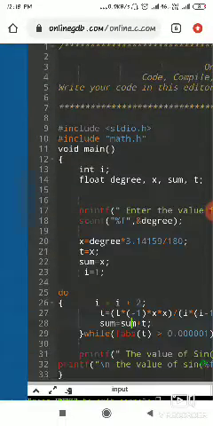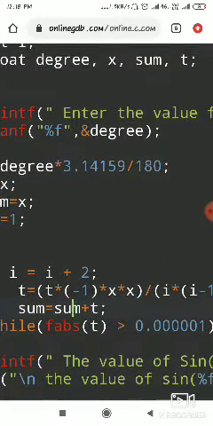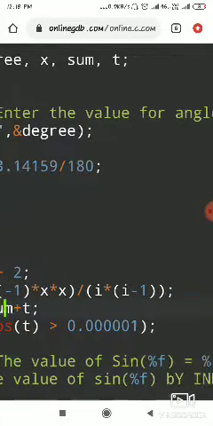Come back to here. T equals t. Now what is the value of t? T is holding x raised to power 3 divided by 3 factorial. That was minus x raised to power 3 divided by 3 factorial. Now into minus 1, so it is plus x raised to power 3 divided by 3 factorial, into x cross x. So it becomes x raised to power 5 divided by 3 factorial, divided by, again in the denominator, what is the value of I? 5 into 4, into 3 factorial.